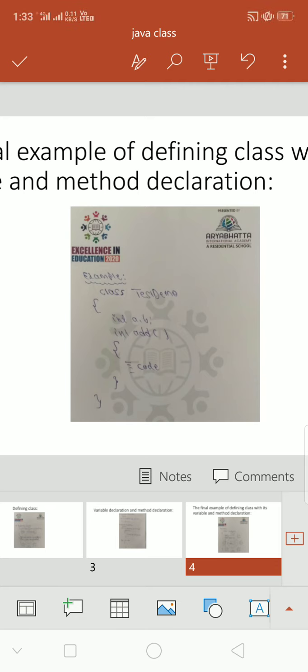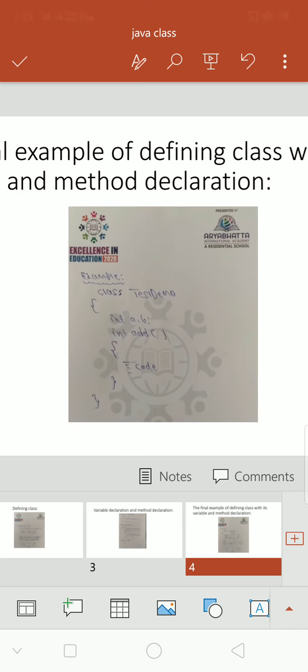So int ab is a field or variable declaration as per the syntax, and int add with the code is a method declaration. Inside the curly braces we can write the code. Now close the curly brace, then finally close the class curly brace. This is how we can define and create a class.